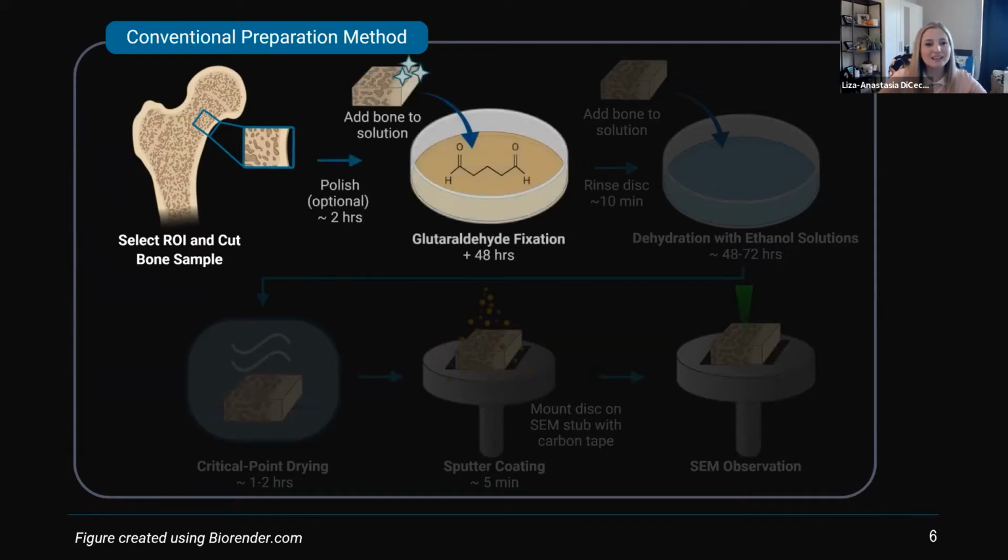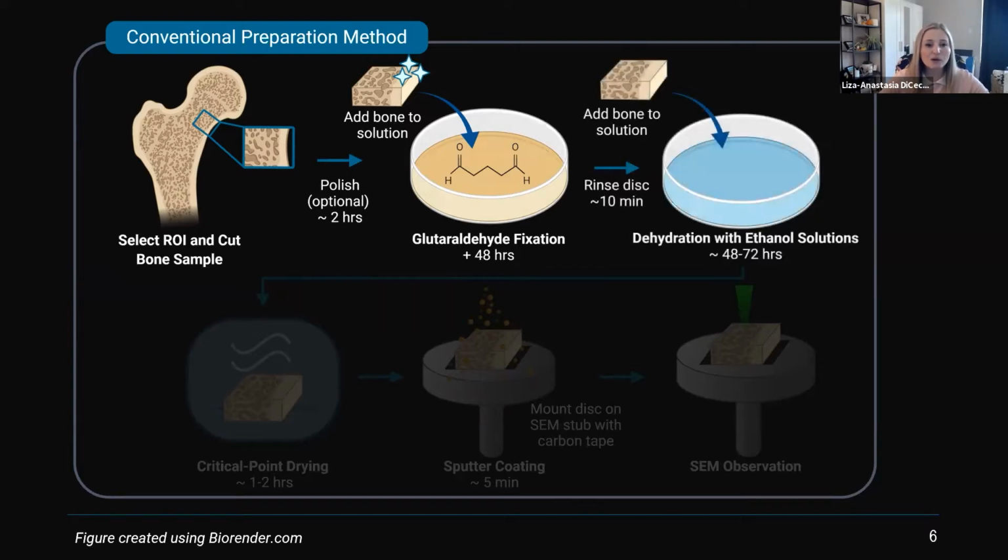For instance, if we're taking this small piece of bone, it may take up to 48 hours to fix it. We use this glutaraldehyde fixation process. It cross-links the chains and sacrifices the natural fluidity of our structure to stabilize it and keep it steady. And then after these processes, so that the sample doesn't evaporate in the chamber, we would normally have a series of dehydration steps. Again, for a small piece of bone, this could be a very lengthy process. And if you're dealing with anything larger, these numbers could almost quadruple in length.